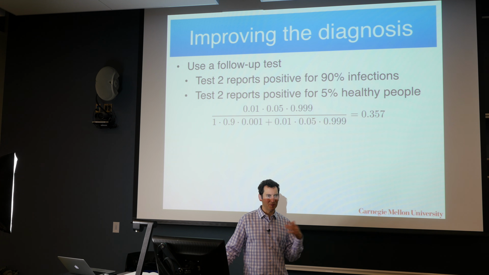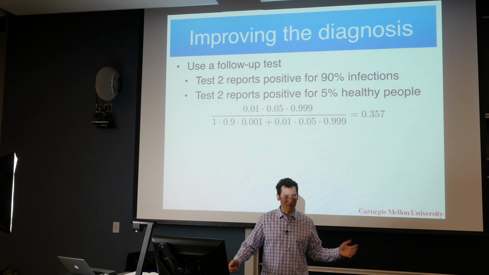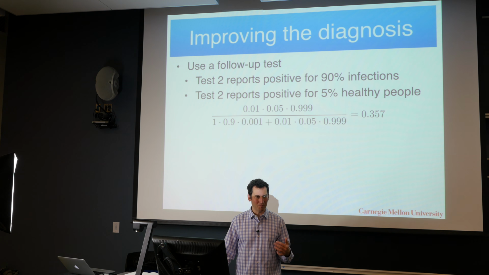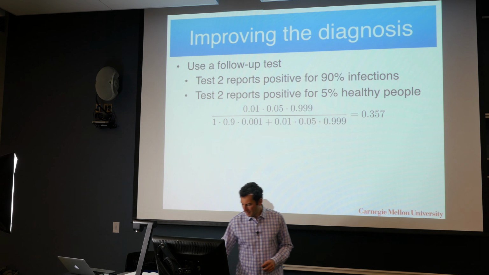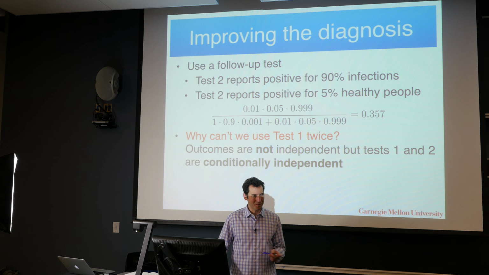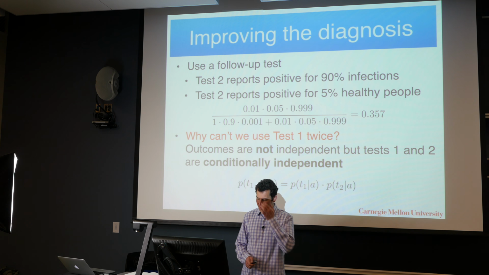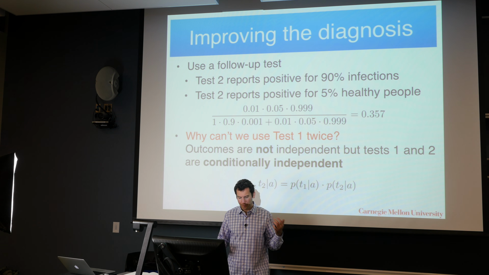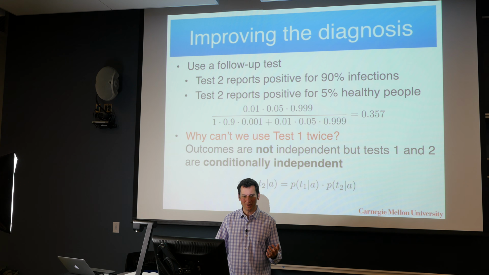It doesn't have to be strictly independent. As a matter of fact, if that were the case, it would be kind of bad because it would just report random numbers in either way. But conditioned on me having AIDS or not, the outcomes will not be correlated. Because otherwise, why couldn't I just go and use the same first test twice? After all, it's a much better test than the second one. And if I could make the assumption that those things are conditionally independent, I could really rerun the first test twice. But obviously, that's not the case.